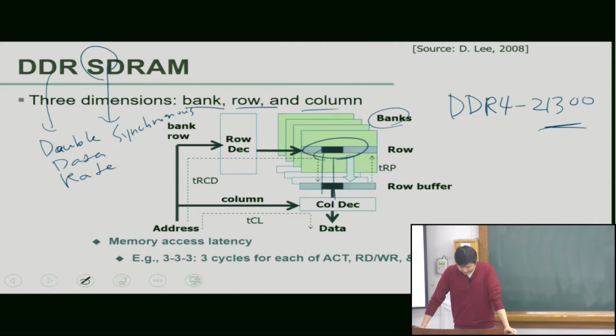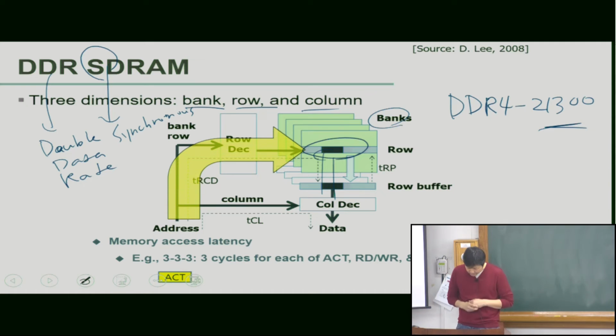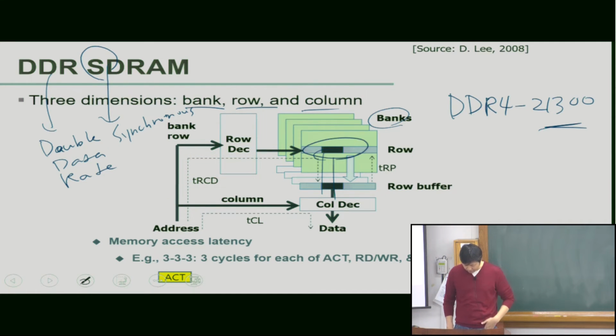Okay. So you provide an activate command, then you select a specific row. And after a tRCD delay, now this entire row is activated. So it's now ready to read. Now after that, you provide a column access command, like a read